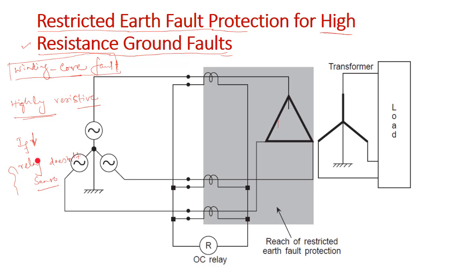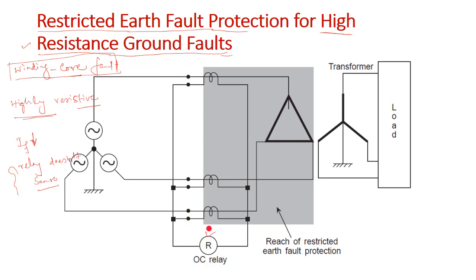So this kind of high resistive fault is never sensed by the relay. So then for this condition, what to do? There is another arrangement of overcurrent relay, a sensitive overcurrent relay, which very easily detects these high resistive ground faults,